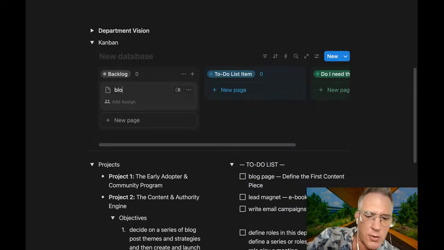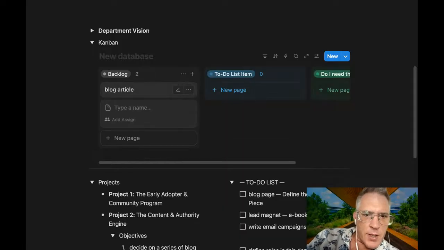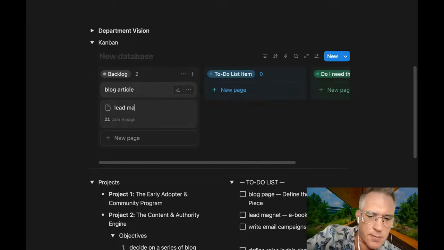So, like, we got the blog article, we got the lead magnet, ebook.